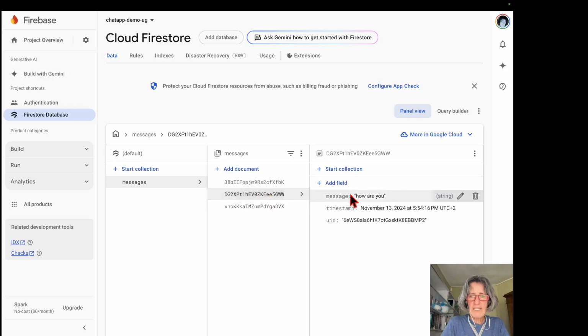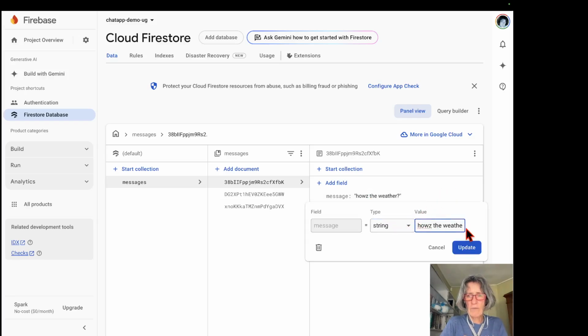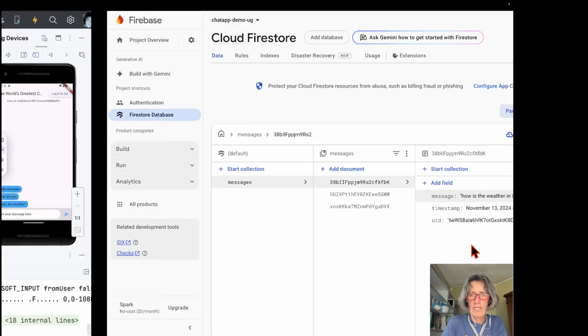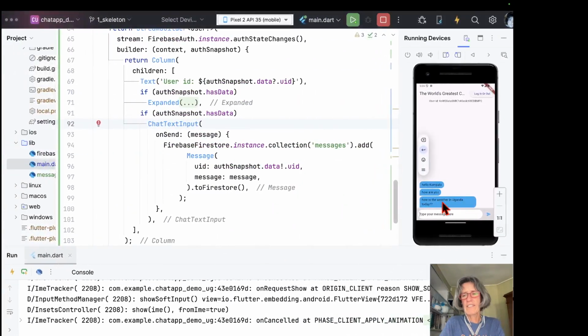So let me make a change. How are you? How's the weather? That's maybe a little sloppy, so let me correct that spelling. How is the weather in Uganda today? Update. And now, I should have had these windows side by side, because then you would have seen